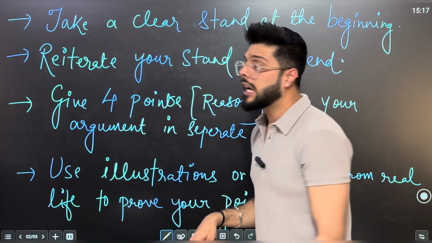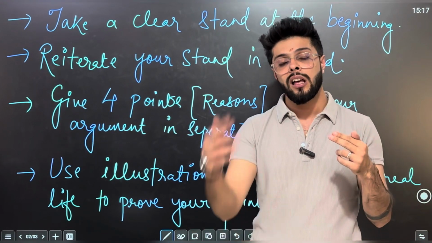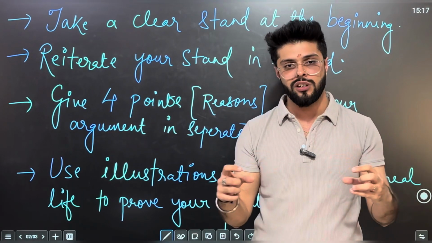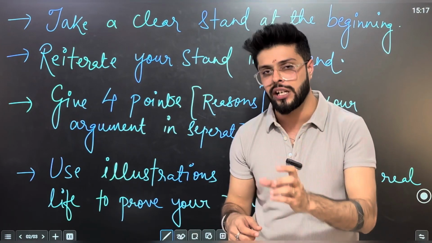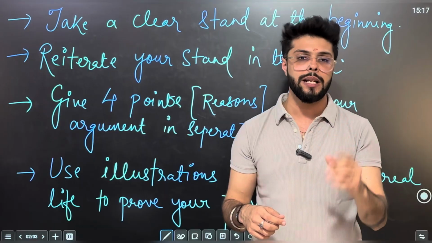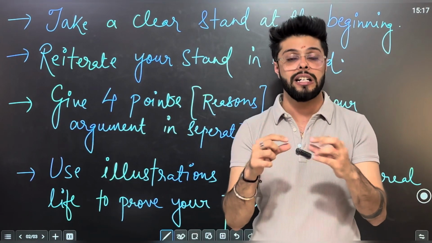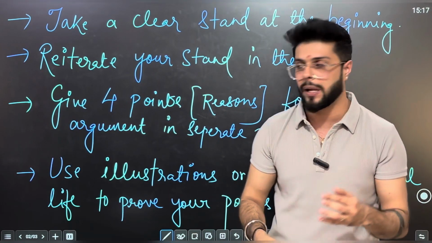Third, you have to take up at least 4 points for your argumentative essay, which have to be written in separate paragraphs each. All 4 points are to be featured in one individual paragraph each, and they have to be substantiated. As a golden tip, when you take up a point, you can underline it with a pencil so that the teacher can understand what argument you are presenting in the paper.